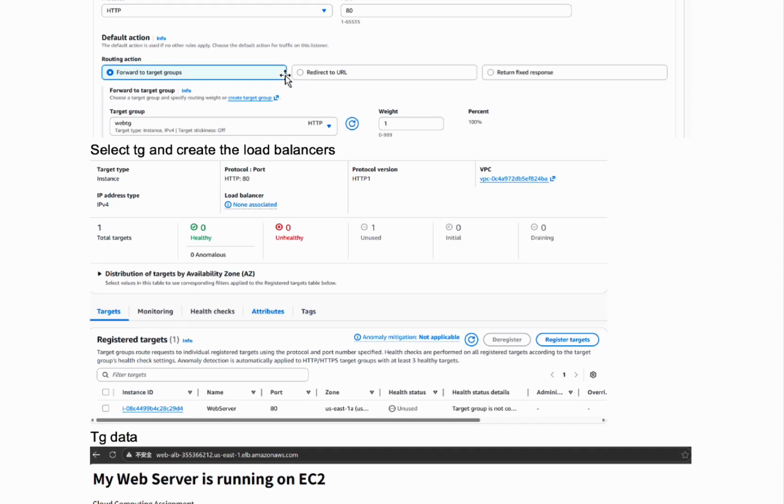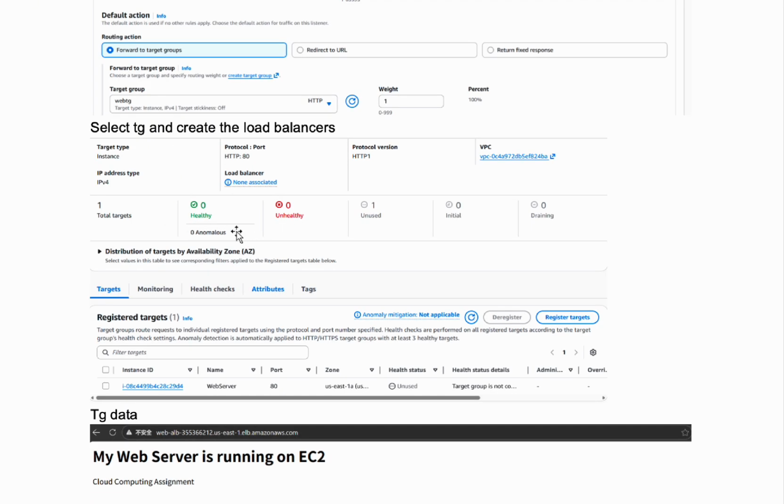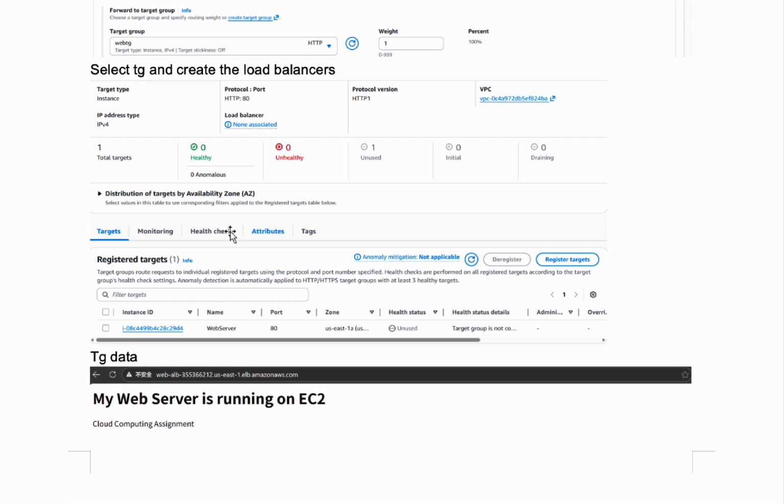And then we select the target group we just created for the load balancer. From here we can see the health check status. It shows that the instance is healthy, which means the load balancer is working correctly and traffic can be distributed